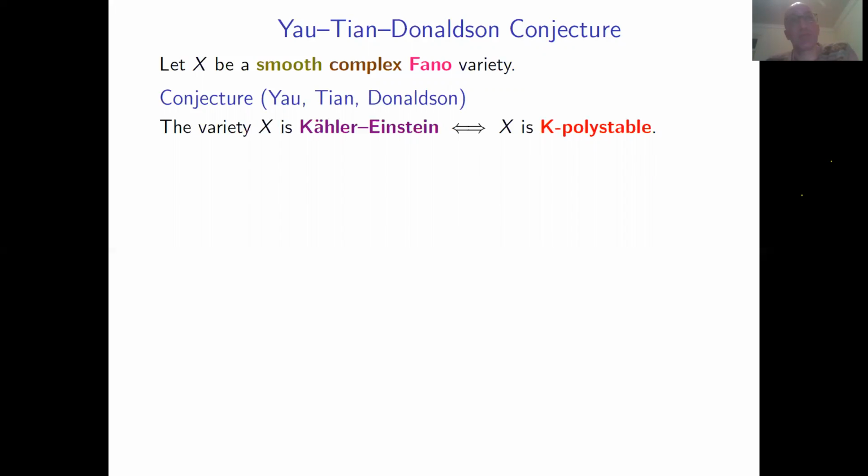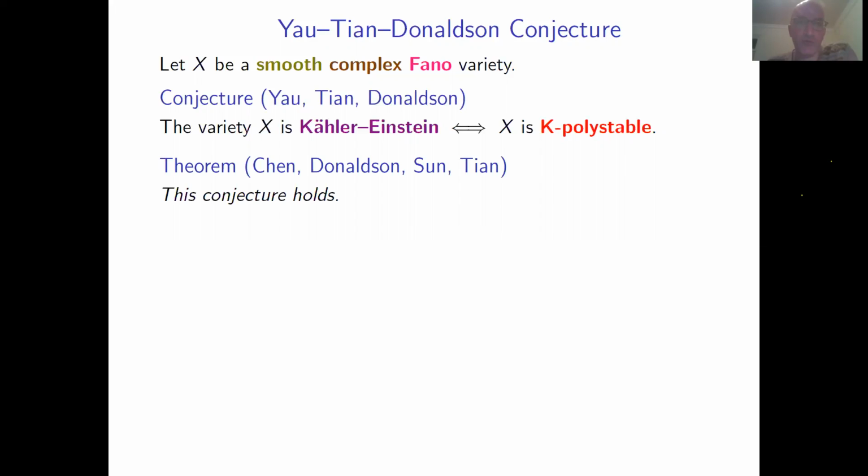It's changed a bit, and it was simplified, and eventually we have a very nice criterion for being K-stable or K-polystable. So in some sense, it's better to use this criterion than the definition, at least in the talk. So anyway, we have this conjecture, and this conjecture was proved by Chen, Donaldson, Sun, and independently by Tian,